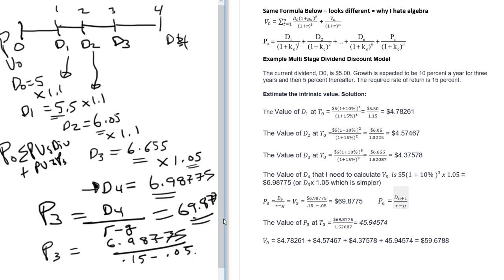69.8775. That's what we've got, but we're going to have to do the present value of that. So that's going to be divided by 1.15 to the power of 3, which is the same thing as here, 1.52087. Because what are we doing? We're doing the present value D1, present value D2, present value D3, plus the present value of P3. Okay? So 1.52087. Now, I want to show you, you can do this on the calculator using the cash flow functionality again,